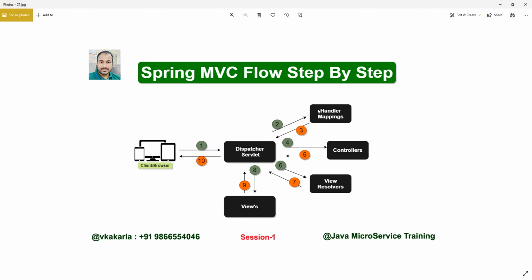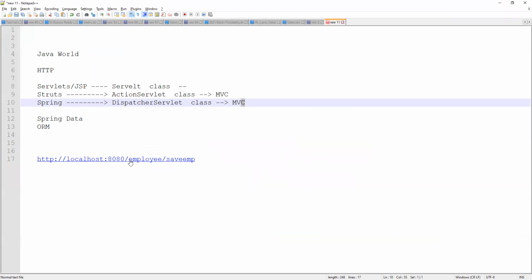So handler mapping is an internal component which will help with all the mapping-related objects in your application. Whatever we are mapping, it will help find the exact controller name based on this. So maybe here, save employee, right?